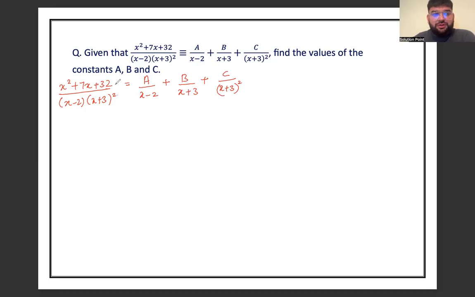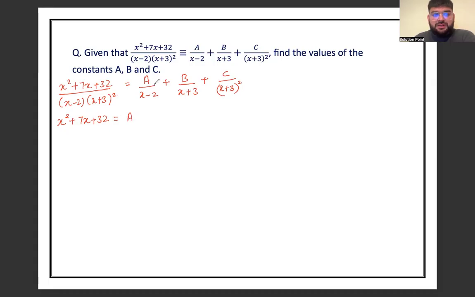For that, I will multiply everything by the denominator, which is (x minus 2) times (x plus 3) whole squared. On the left hand side, when I multiply by (x minus 2) times (x plus 3) whole squared, they get cancelled, and we are left with x squared plus 7x plus 32